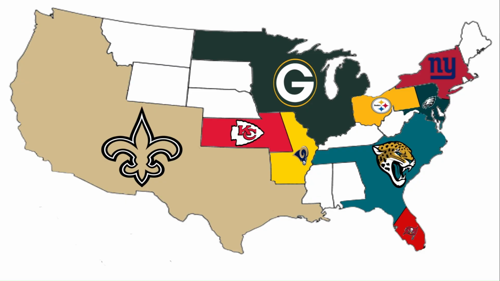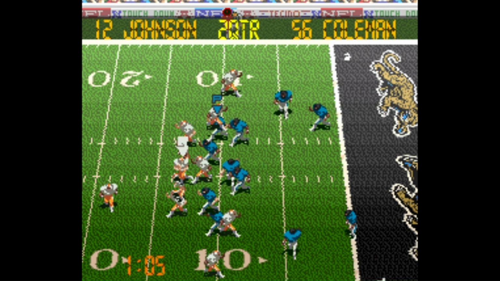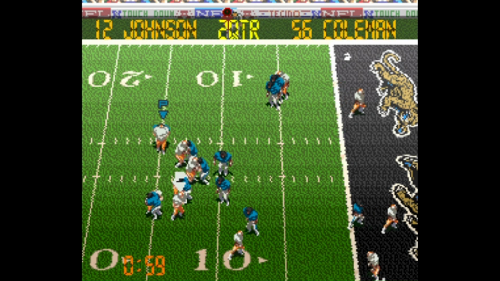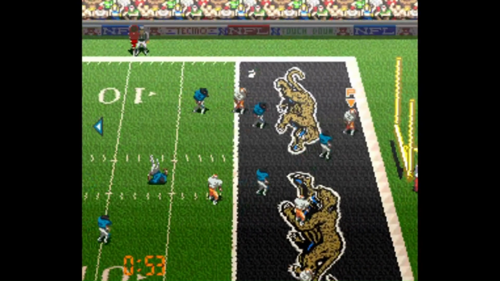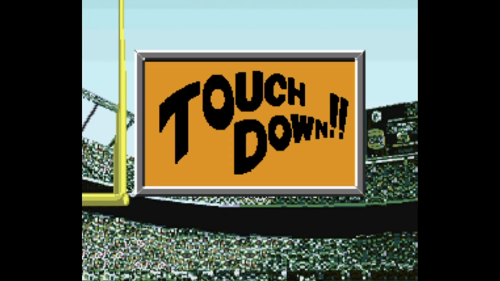The Buccaneers are looking to grab the rest of Florida and a whole lot more. They're headed to Jacksonville to face the Jaguars. It's been mostly a field goal fest late in the first quarter. Tampa leads 13-9. Brad Johnson's going to look for Keenan McCardell, scoring a touchdown against his former team.